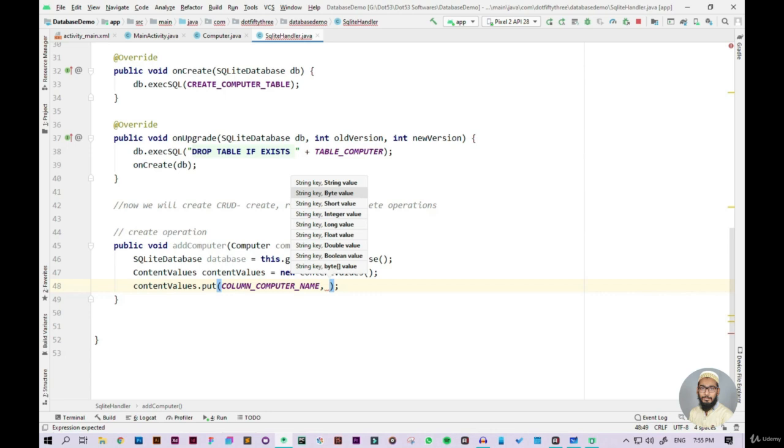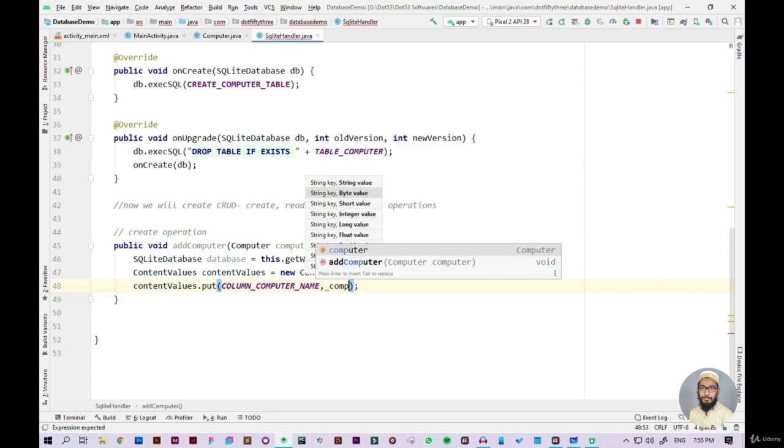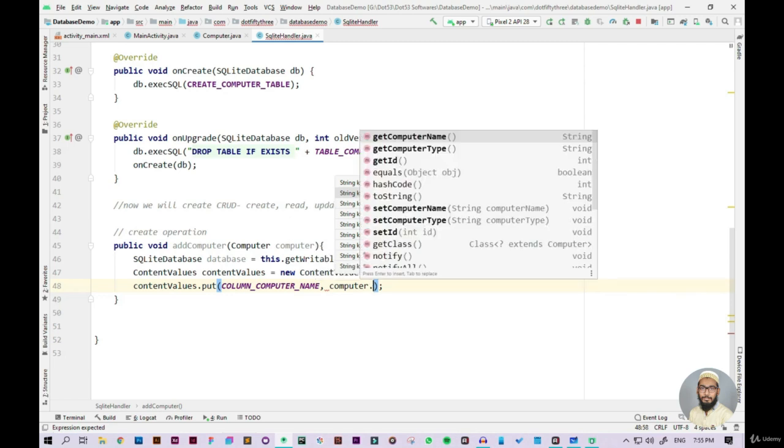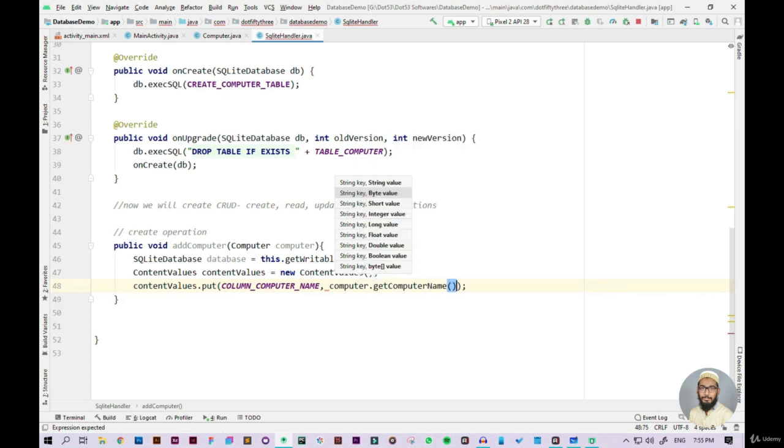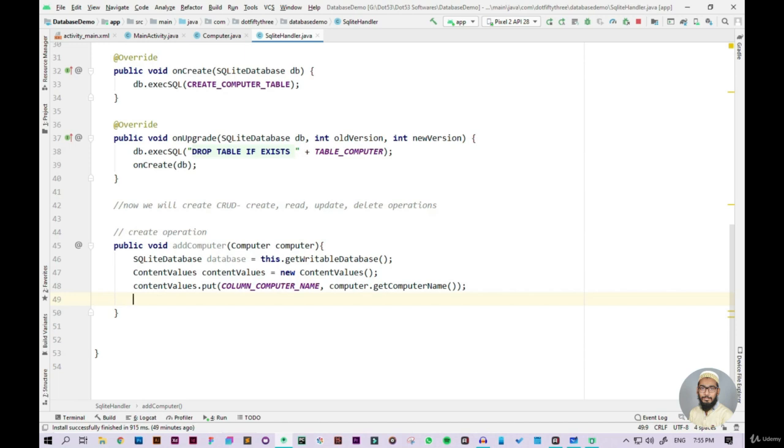And then I will get the value from the computer object with the help of the object of the computer class that we have created. So I will say computer, and remember that we have getters and setters inside our computer object. So I will use the getter method for the computer name in order to get the values from the computer object. So I can say get computer name,